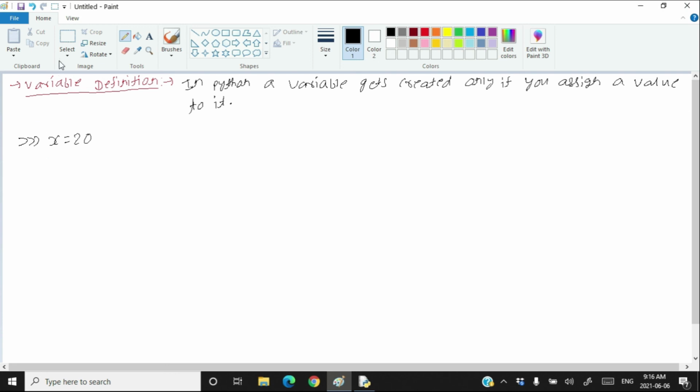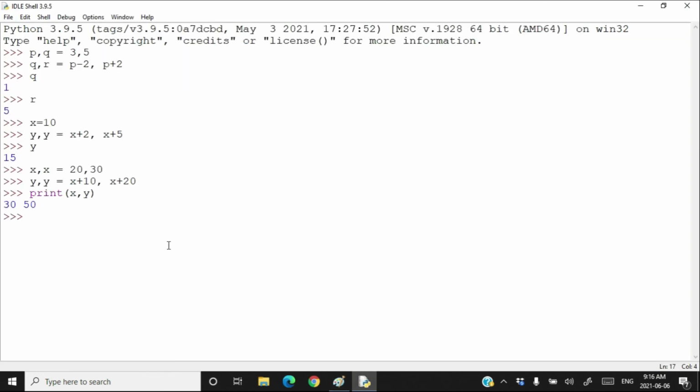But suppose I do not have any variable in Python and I want to use that variable. I have various variables with the names p, q, r, x, y, but I do not have any variable whose name is a.